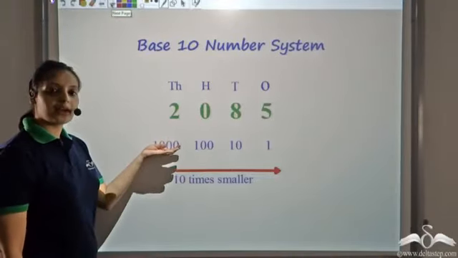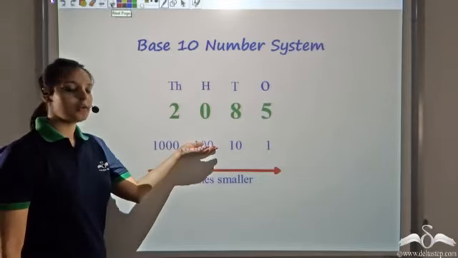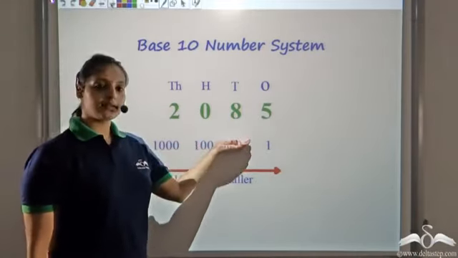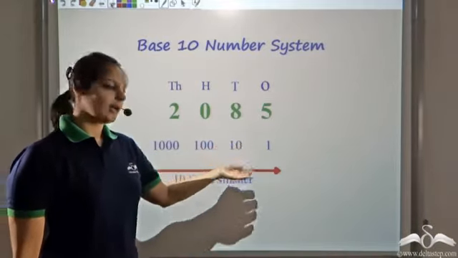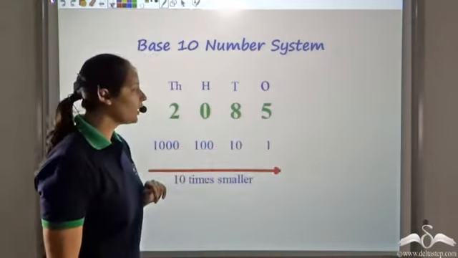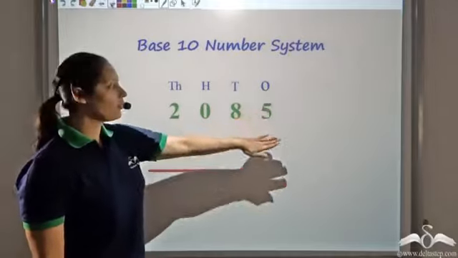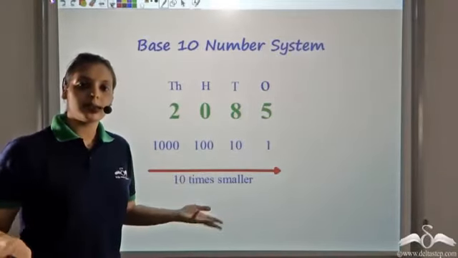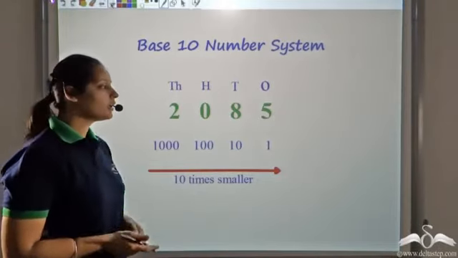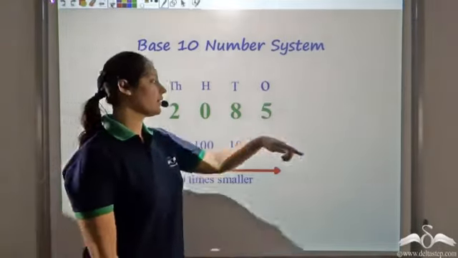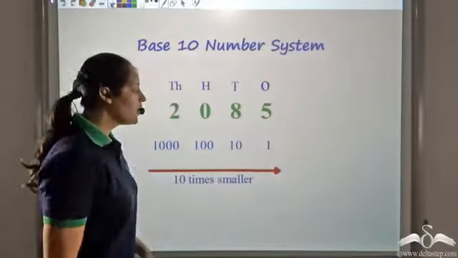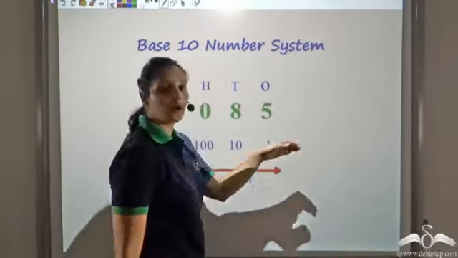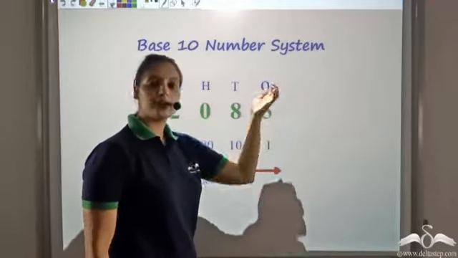From thousands, if I divide 1000 by 10, I get hundreds. Further, if I divide hundreds by 10, I get tens. If I divide 10 by 10, I get ones. Now what I needed was a number less than 1. That is, we had to represent numbers less than 1 by fractions, which we had seen. Now how do I represent that in my chart here? So what if I cross this line and go beyond ones? What if I further divide by 10?